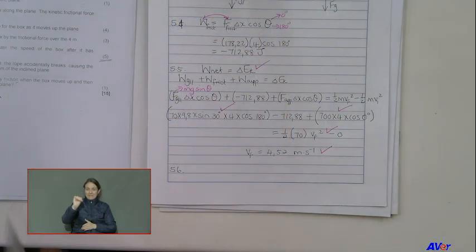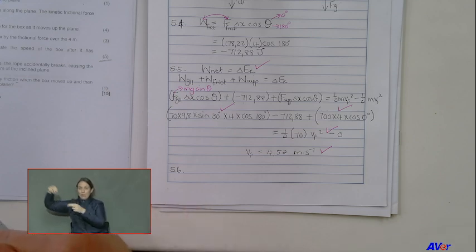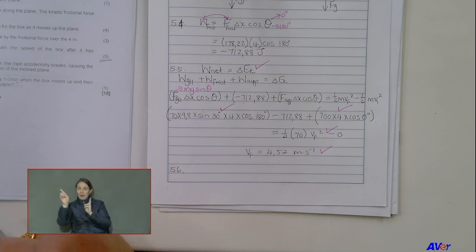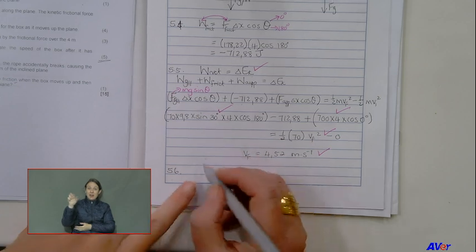Okay, 5.6 they say, when the box is 4 meters up the incline, the rope accidentally breaks, causing the block to slide back down to the bottom of the inclined plane. What will be the total work done by friction when the box moves up and then down to the bottom of the inclined plane? Boys and girls, energy, work done are scalar quantities. So that means my one part is